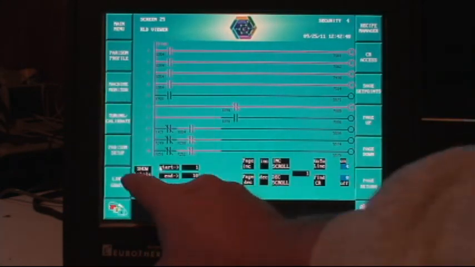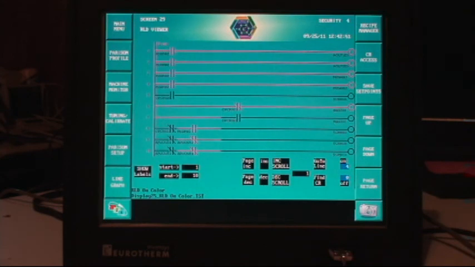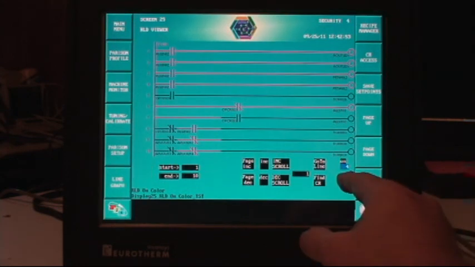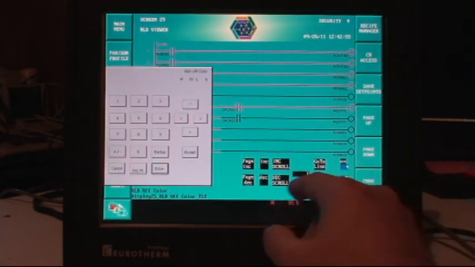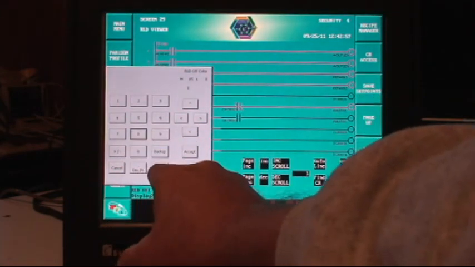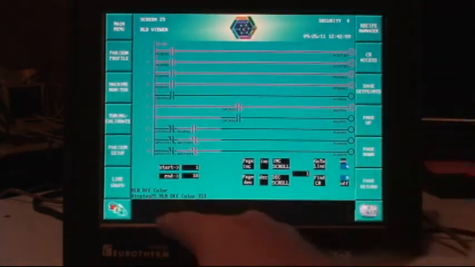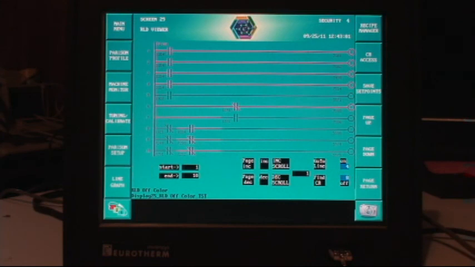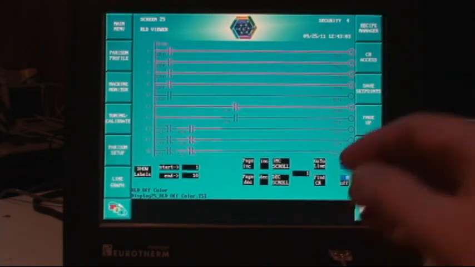We can do a 4. We're going to do, and let's do an 8. Now we changed to a red and a light red, which is not very